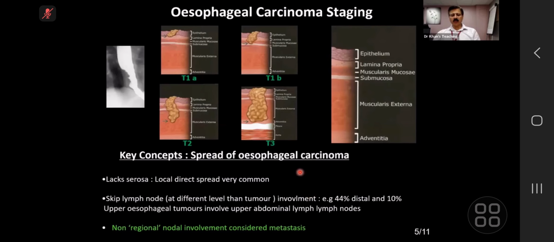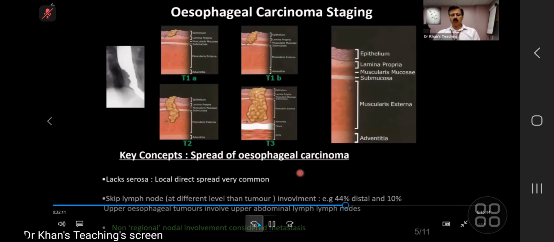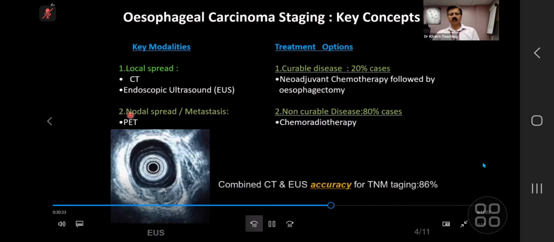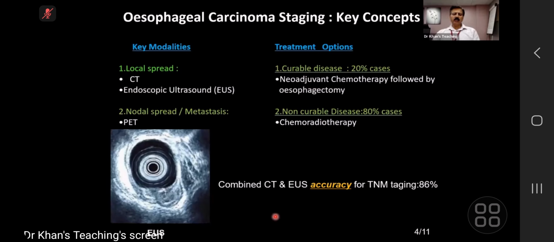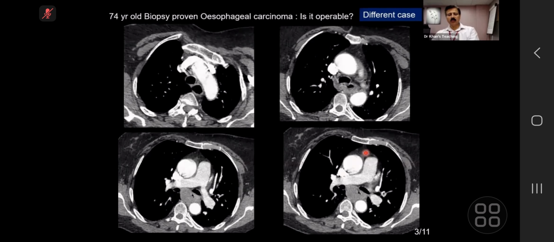And you see, in esophageal carcinoma, please remember there is no serosa. So, T staging, PET particularly for lymph nodes. Now, these are the rates, and at times you do a neoadjuvant chemotherapy. Nobody is going to ask you, this is just for your knowledge. And combined CT and ultrasound, EUS has got quite a good 86% accuracy. Now,